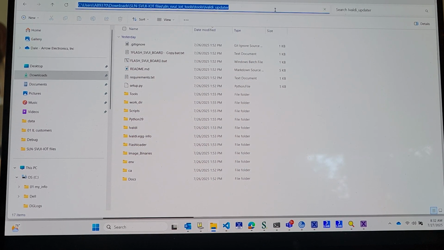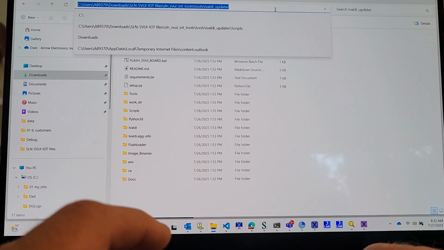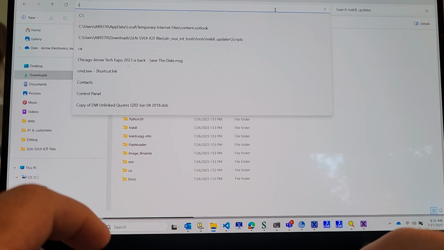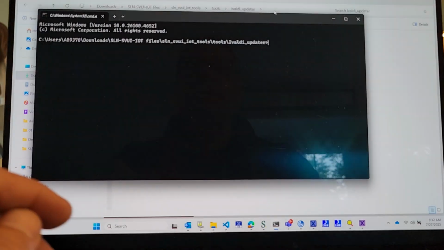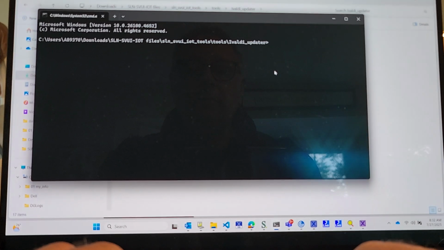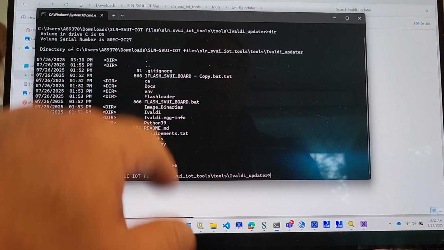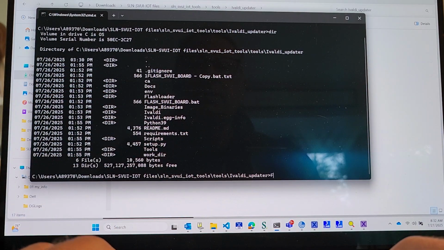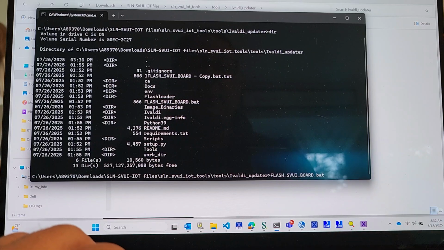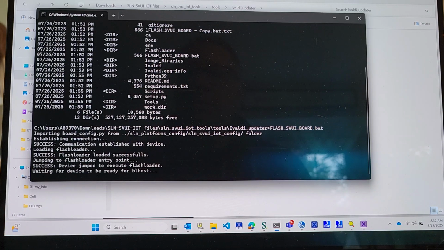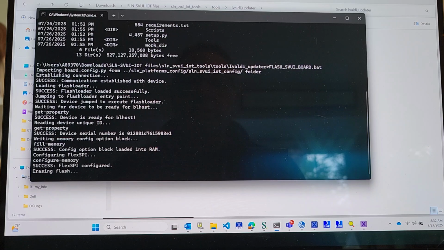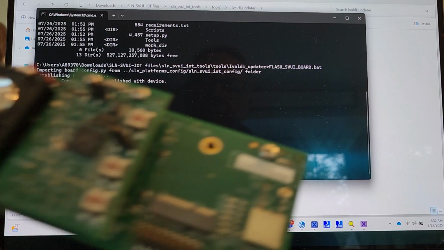So we'll come up here to the Explorer window and type in CMD, bring up a DOS window, and dir. So here we got the flash updater here. So we'll just run that bat command, and as you can see, it's going to be updating the flash of